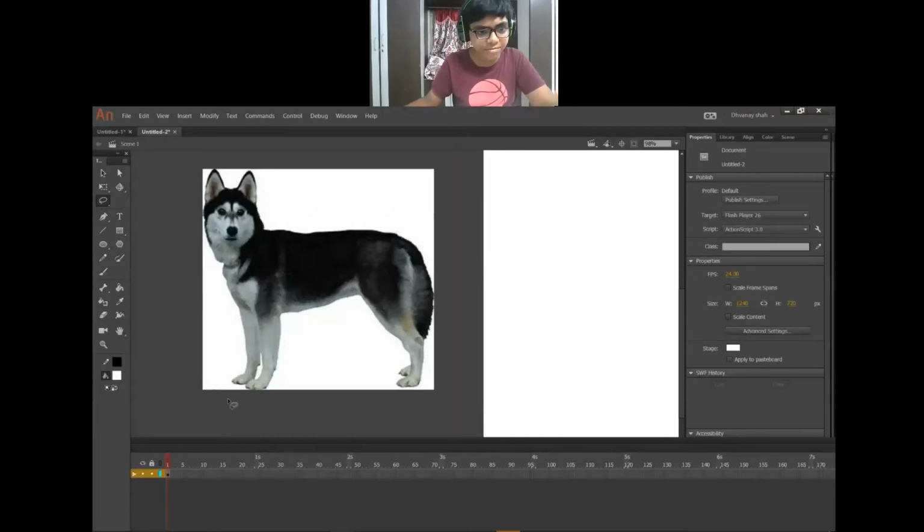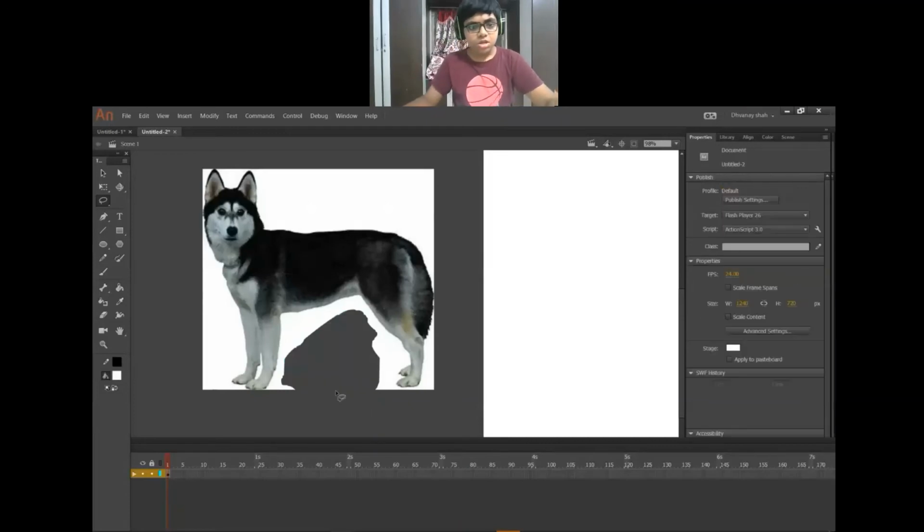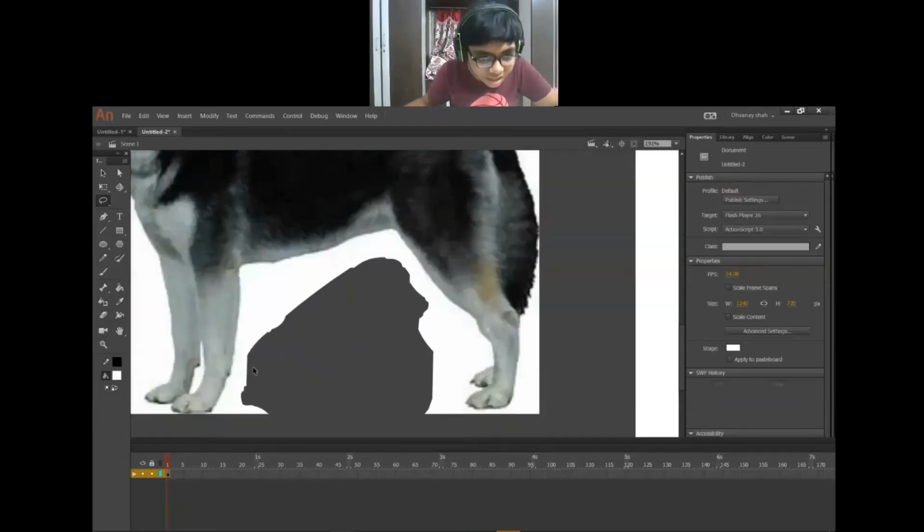Delete all the extra white parts. Like this. Zoom in and delete it like this.